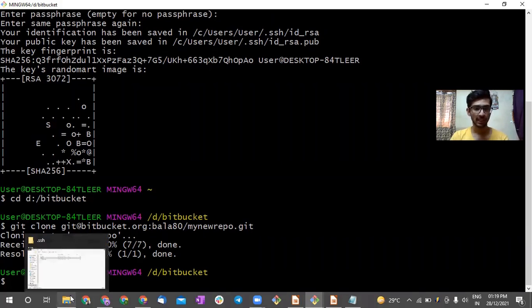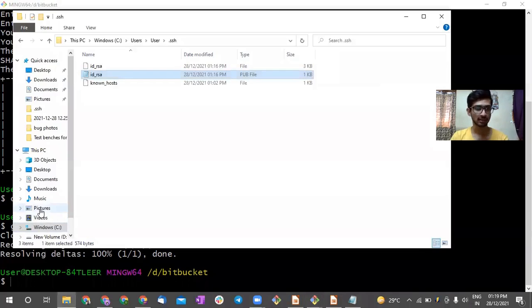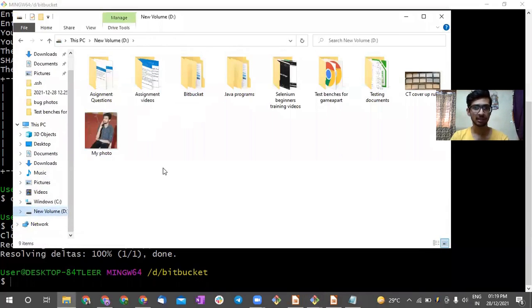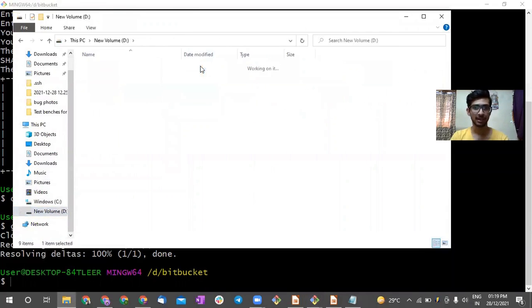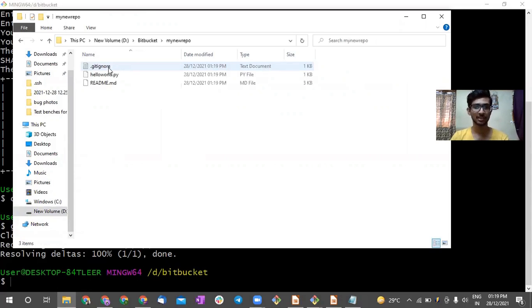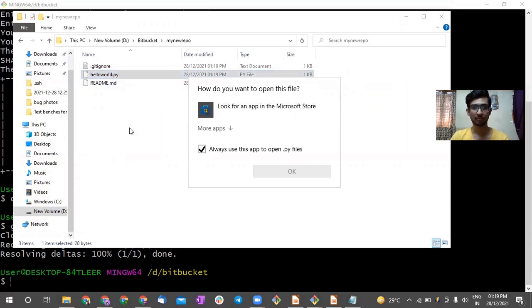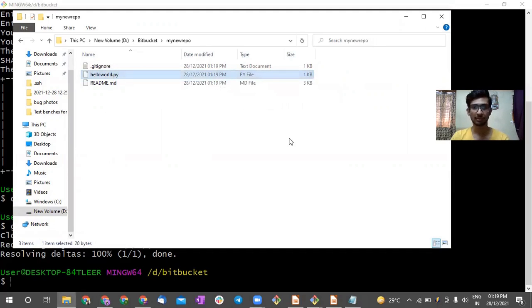So if I go to my d: and bitbucket, I see my new repo has been cloned onto my machine: .gitignore, hello world.py and readme. If I open hello world, I will have my source code as print hello world.